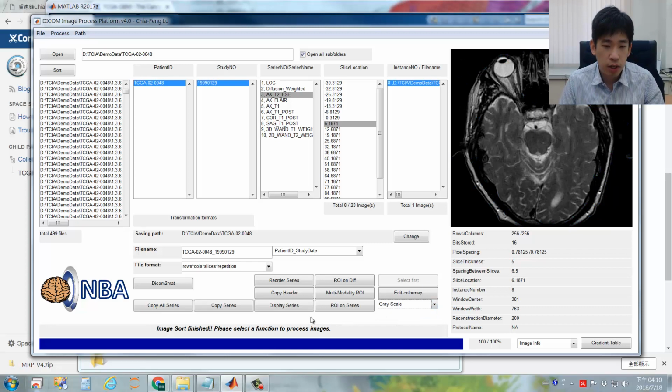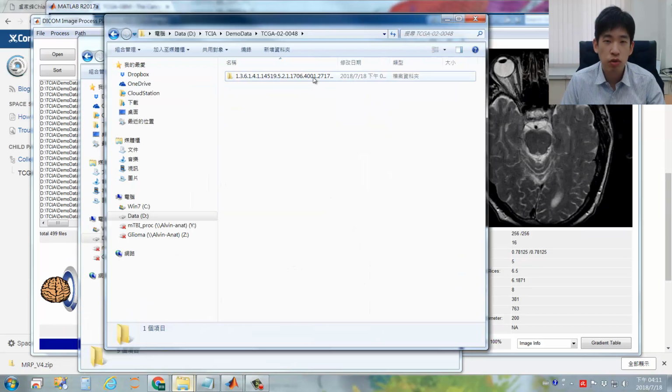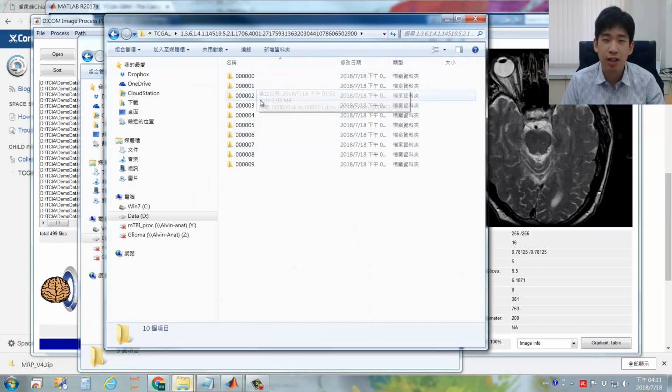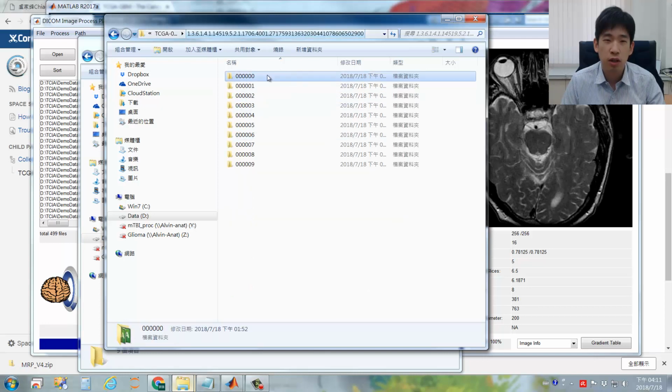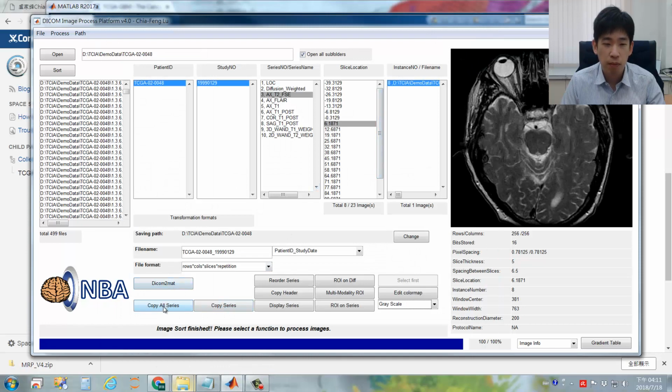And as you may see right here, there are several other buttons. For example, you can use the Copy All Series button to separate the different DICOM files into different folders. As we mentioned before, originally you cannot intuitively differentiate the different folders because the number was labeled in each folder, not the series name. So now you can use this button. Just click Copy All Series, then the program will copy all the series within the selected study number